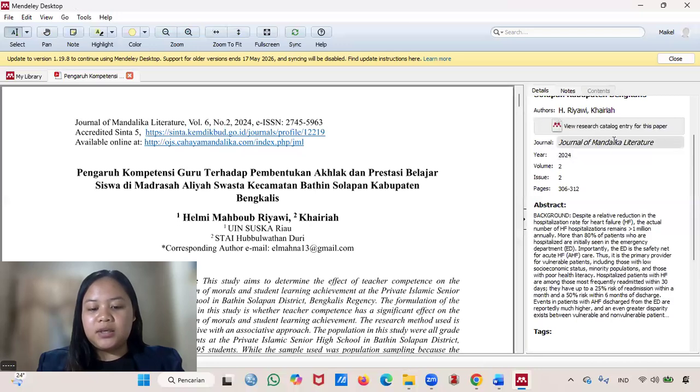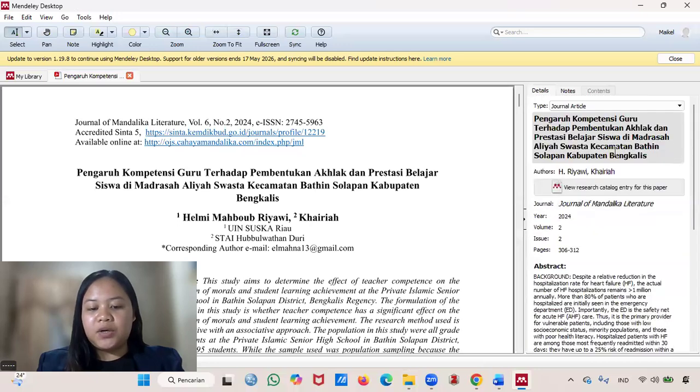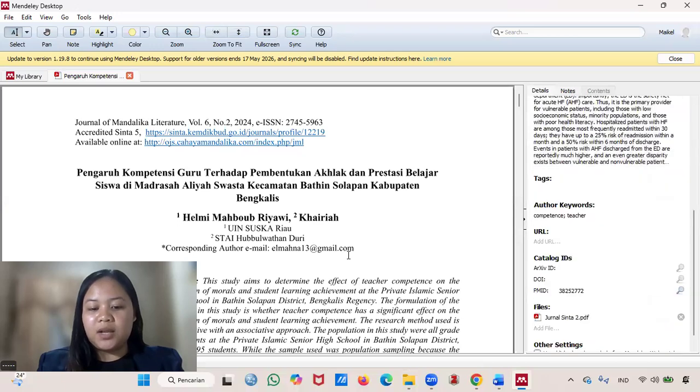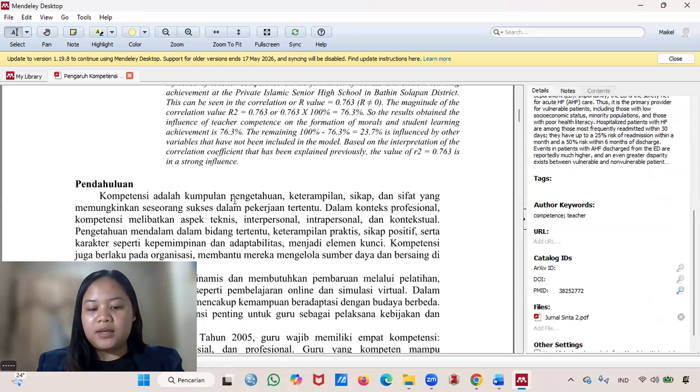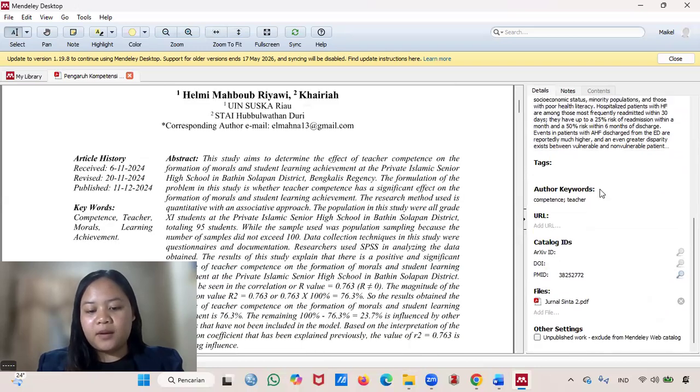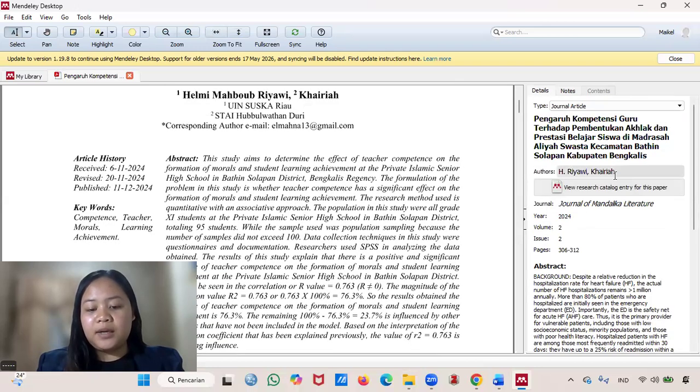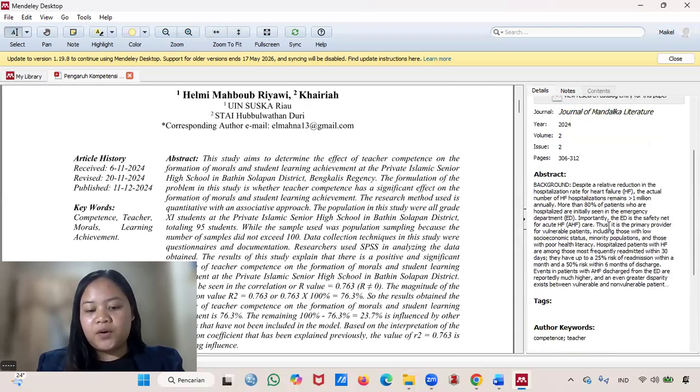Title and authors: make sure the title and author names match the PDF document. Journal identity: double click the journal name, publication year, volume, and issue number. Remember, the accuracy of these fields will determine how our bibliography looks in Microsoft Word later.